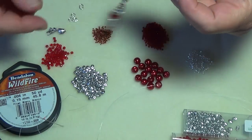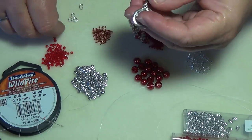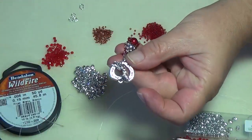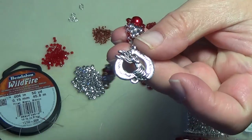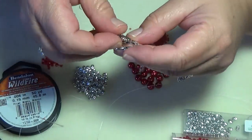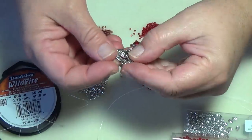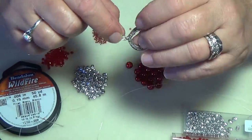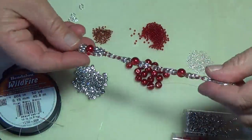This is a really unique toggle. I kind of found it to be appropriate for Christmas because it is a heart, but it also has the angel as the toggle bar. I thought it was just really cute. So I only have one of these because I bought a package of mixed toggles and this was in it, and I thought this was so appropriate. And I just joined it here with jump rings, of course,